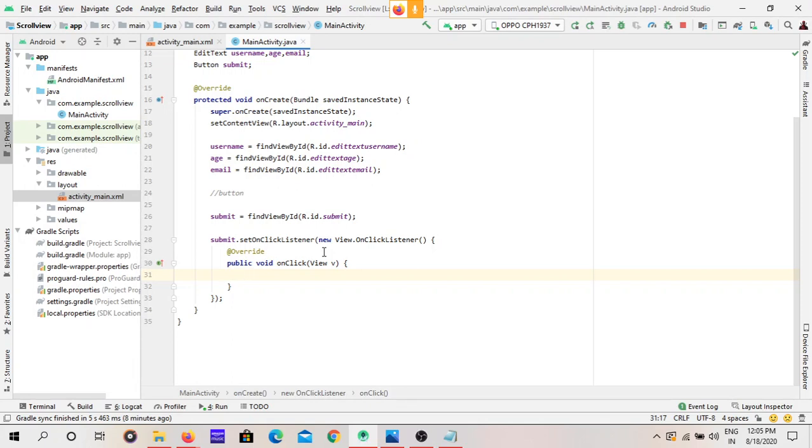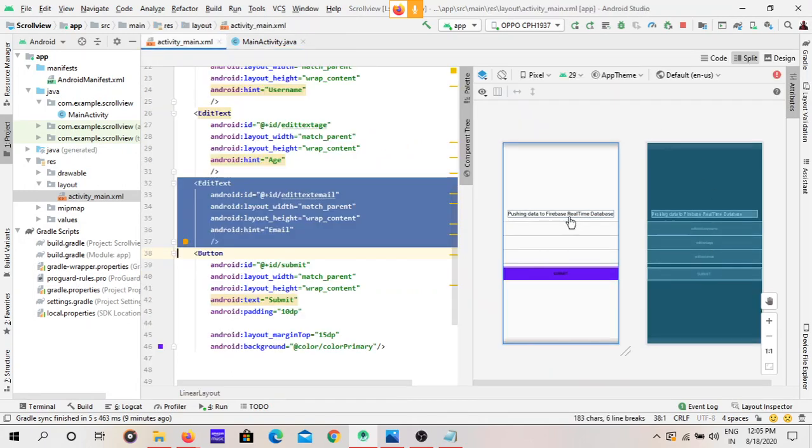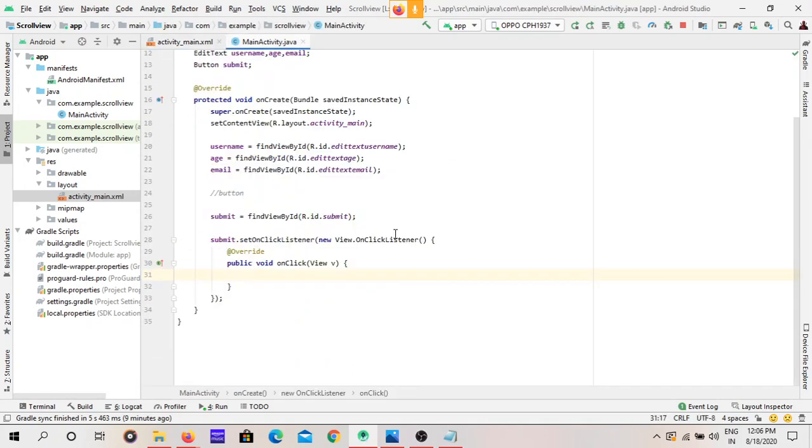Wait for a second. First we have to get the data from these edit texts. When the user gives some data here, we have to extract that data. How can we do that?